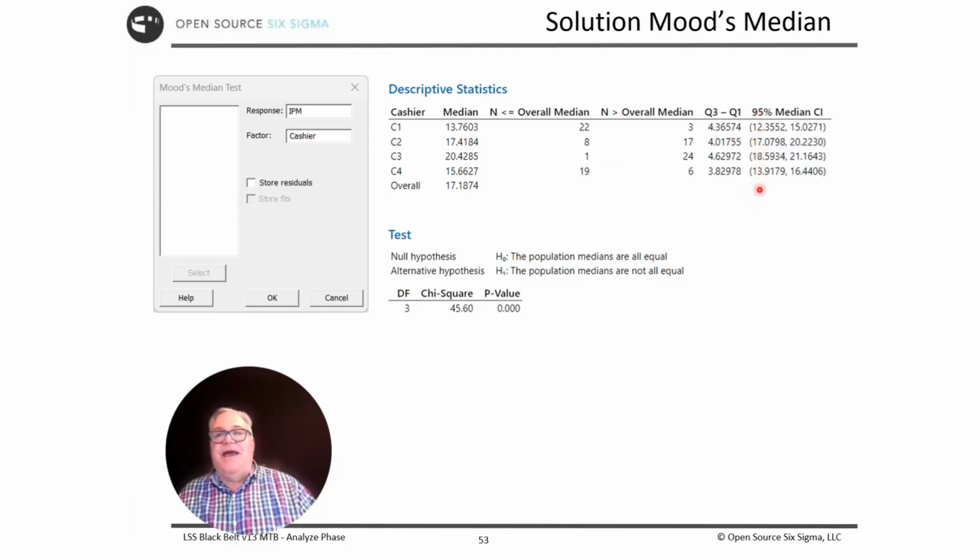And if I look at any overlap here, I've got the confidence intervals for those medians. So let's see, does it have the overall median? My median of 20, 20.4, is just outside cashier 2. So cashier 2 was almost a statistical tie, but not quite. So we can still deem cashier 3 as the overall